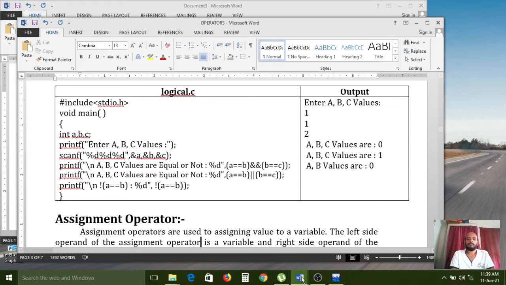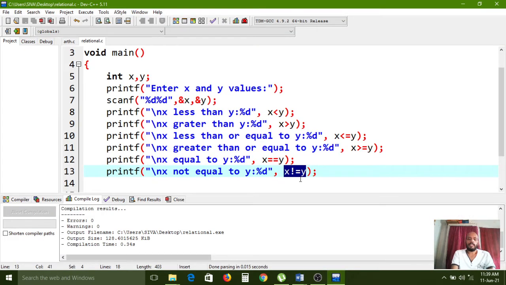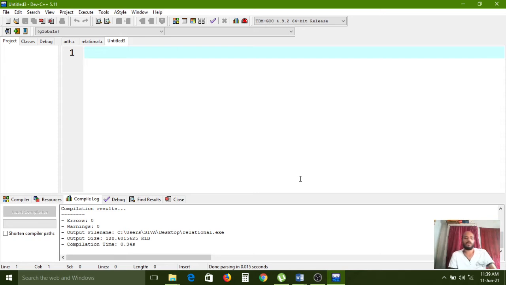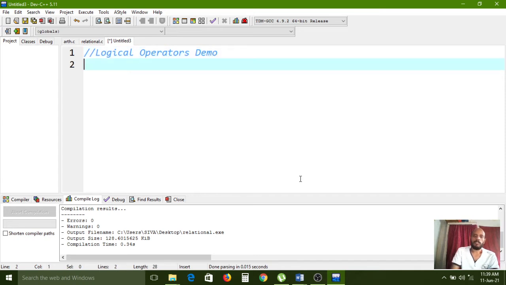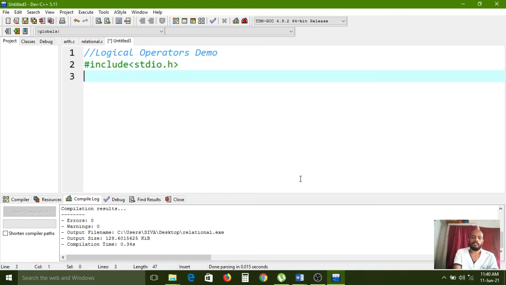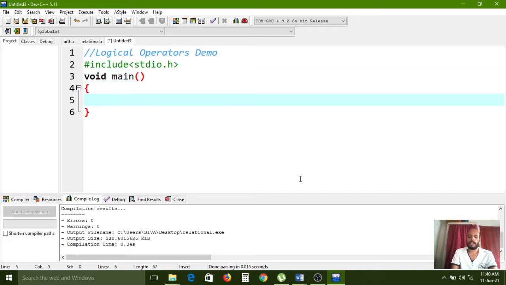For that, I am opening a new window to show the practical way, a logical operators demo. Then #include <stdio.h>, and next void main, opening and closing brackets.